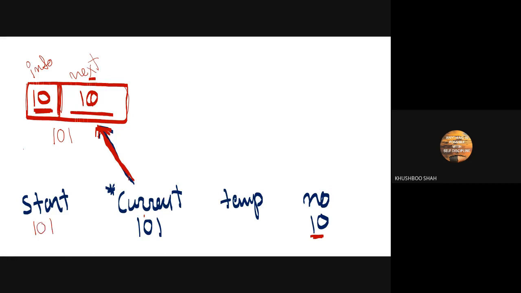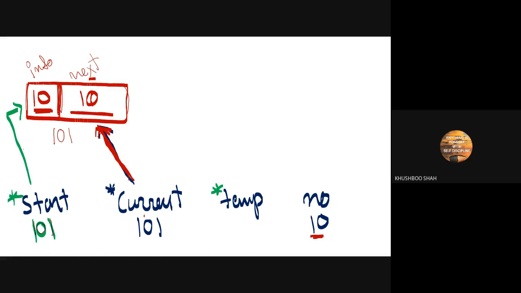The moment we assign this 101 over here, this start will point to this linked list. So right now I have one node, and two pointers, this one and this one, are currently pointing to the node. This is the current structure.